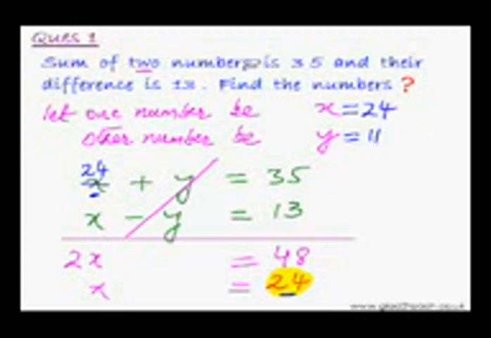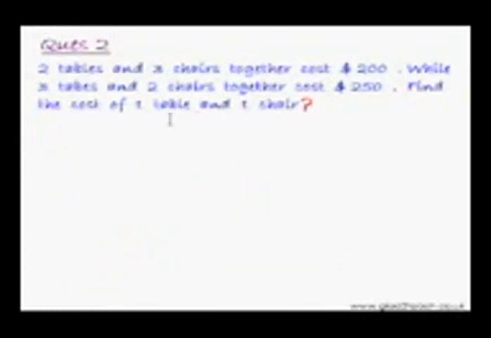In fact, there is another way to solve this question, that is without using the second variable y. For that we would say that let one number be x and the other number would be 35 minus x. So now we would get an equation in just one variable, that is x. You can try this approach as well in your free time. So now quickly do the next word problem. Start.